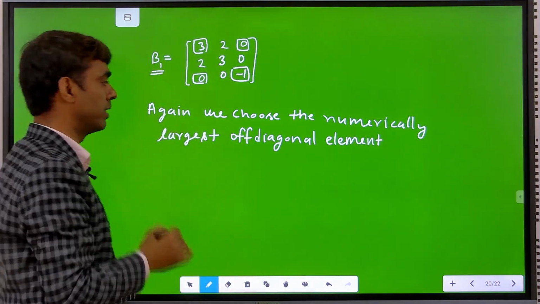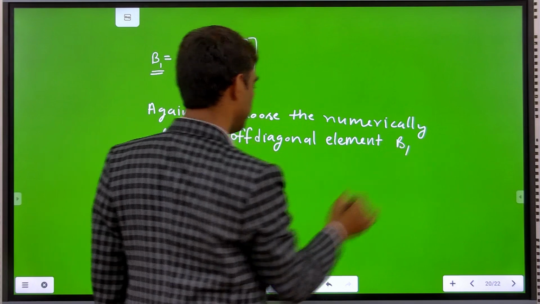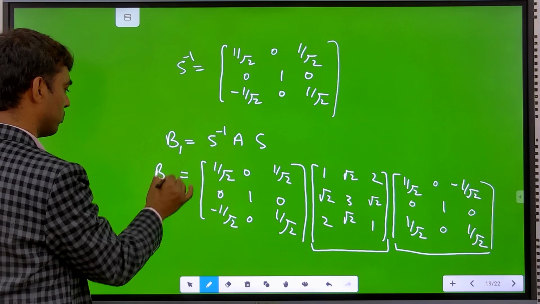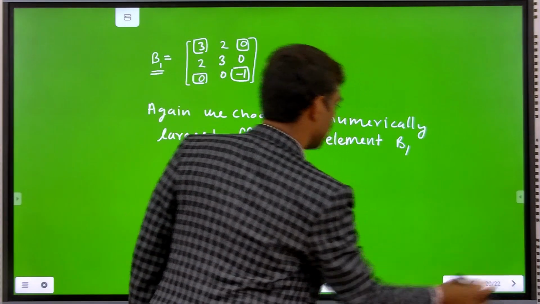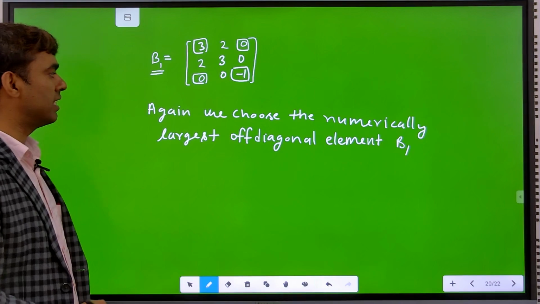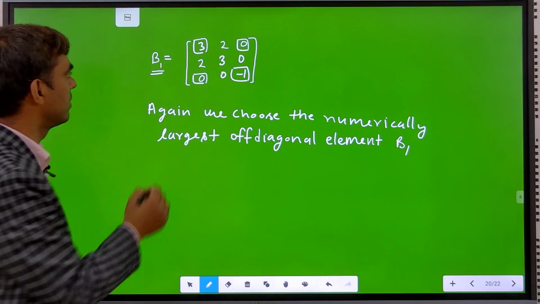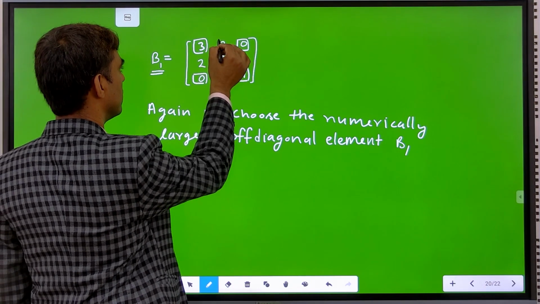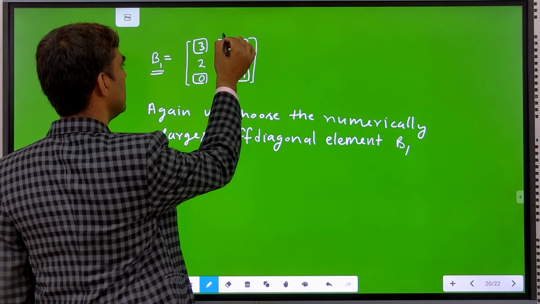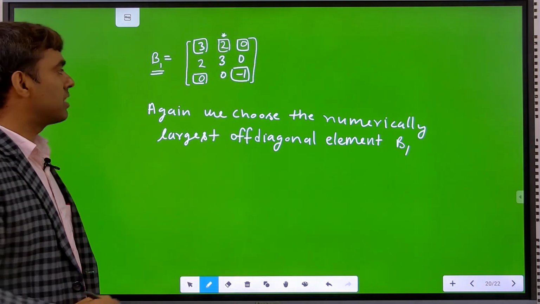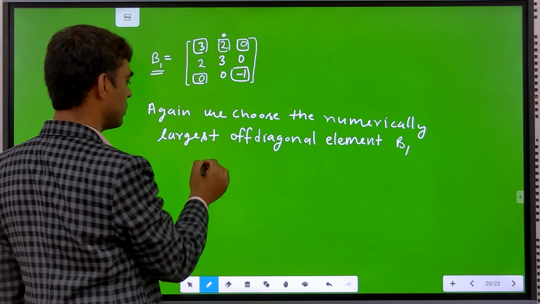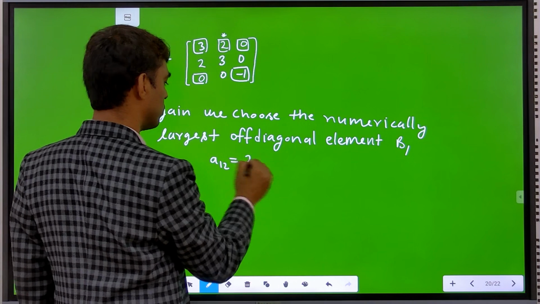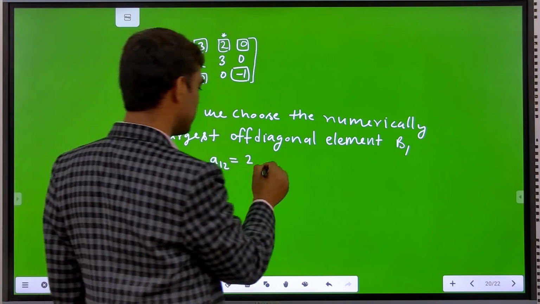B1 is this one; here we denote this one as B1. Now, what is the numerically largest off diagonal element? Here, the numerically largest off diagonal element is 2. What is the position of this one? The position of this one is A12. A12 equals 2. So, here we consider the submatrix